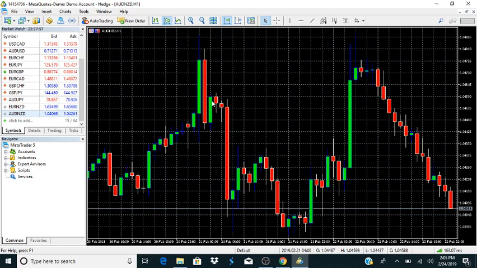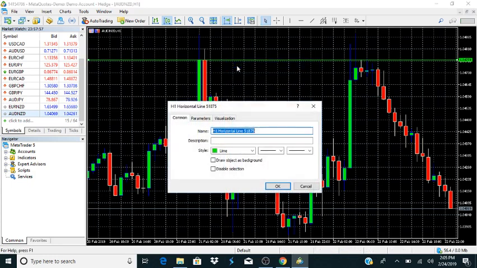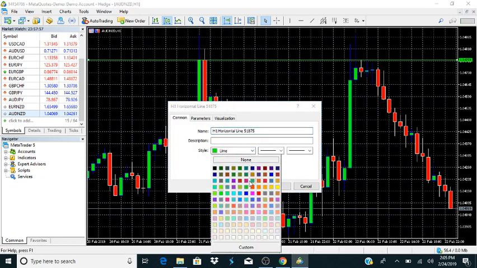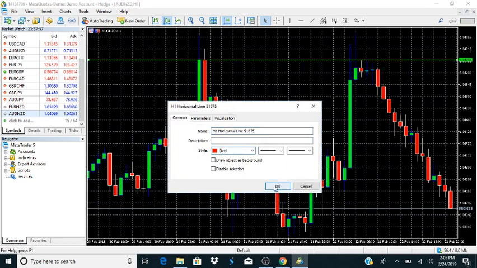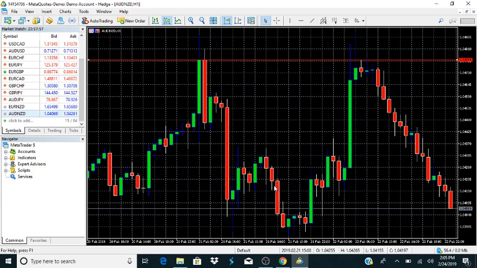In terms of making a resistance line, you can make a couple, but to keep it simple, I would put one right here. I would move it down to right here, to the body of the candle. And then I would change that color to red. By changing that color to red, I'm saying to myself this is a resistance area. So around this area right here, 104,759, I believe that the market could hit this area,